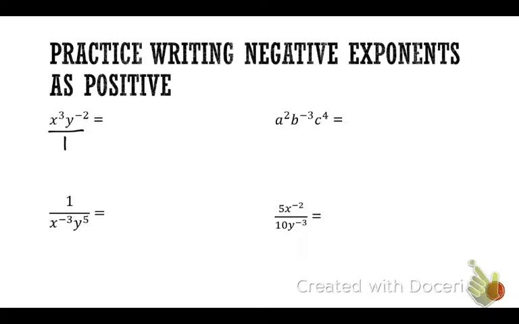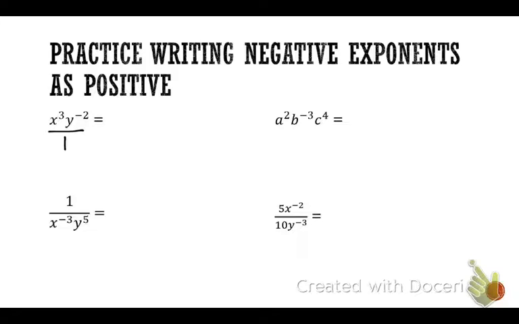Each term is its own, it's independent of the other one. What do I mean by that? X to the 3rd power, does that have a negative exponent? No. Okay, but what about y? Y does. I can split them off. They're not connected together. All right, so if I want to write this expression with only positive exponents, I don't